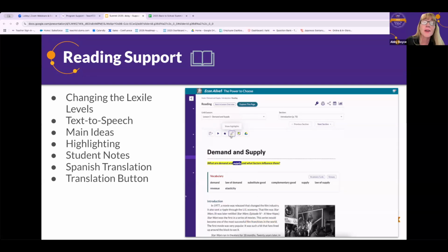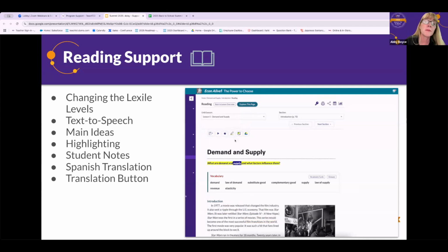Level A is on grade level. Level B is a 25% drop, and you can adjust that by class or by student. You can use the text to speech feature. And so you can toggle between the one where it highlights the whole sentence and the ticker moves over the word, which is such a game changer for kids that are struggling with reading, and regular narration where it can be read to you.